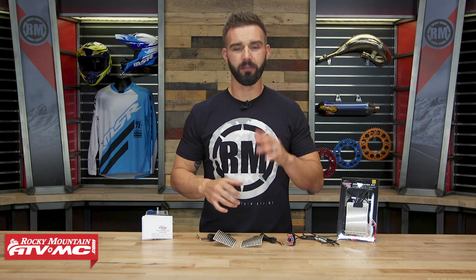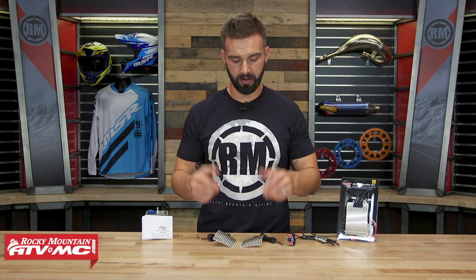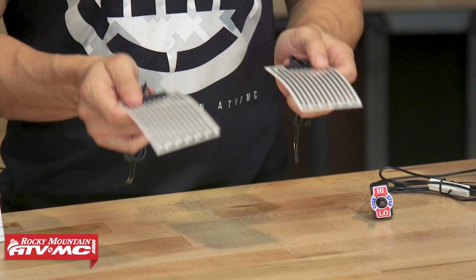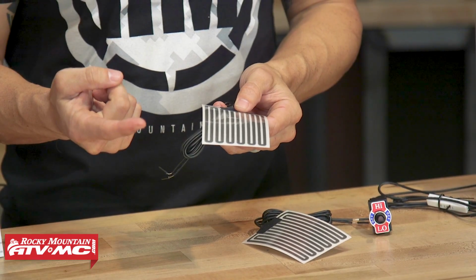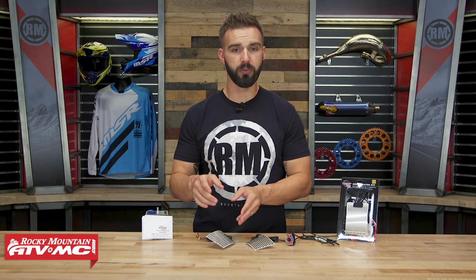Now with install for these, very simple. Like I said, universal fitment. So you've got your two heating elements, one for each side of the handlebar. So just take your stock grips off or whatever grips you have on now, make sure to get the handlebars nice and clean. And all you're gonna do is just wrap the heating element around the end of the handlebar. And then once you've done that, you're gonna take your grips. You can use grip glue if you want to. Slide the grip back over the top, and once you've done that, if you want to, you can use safety